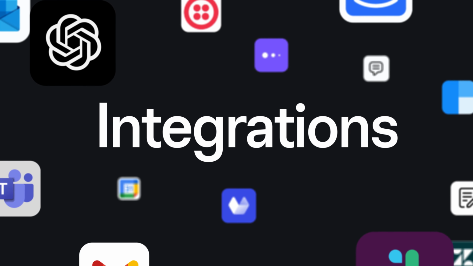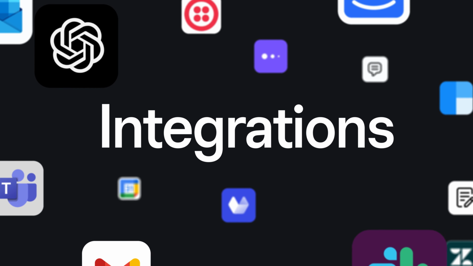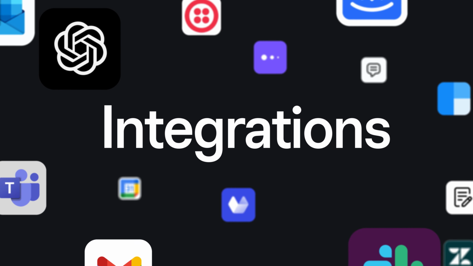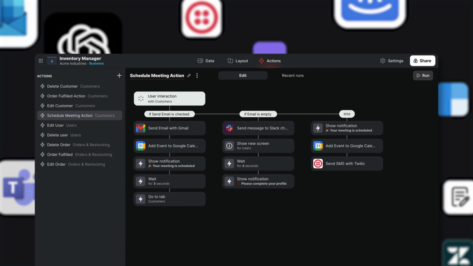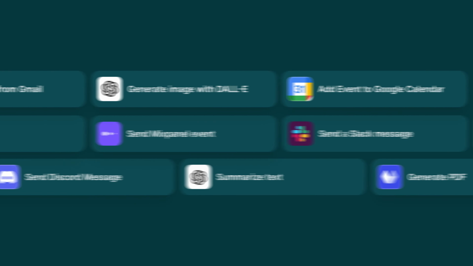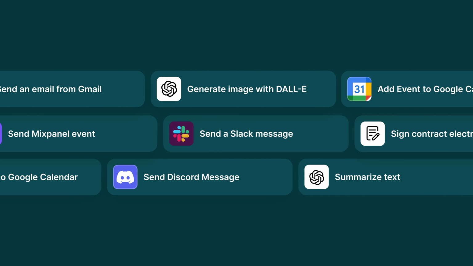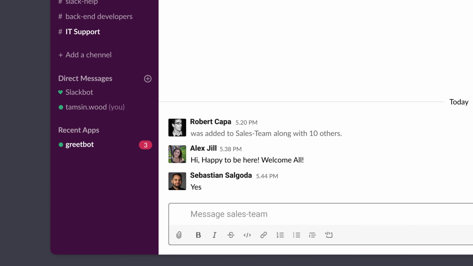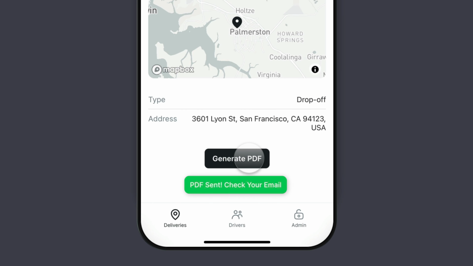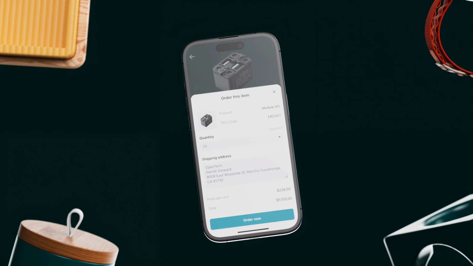The magic comes, though, when you can build tools that connect and communicate fluently with all of the other ways that you work. Today, we're bringing an unprecedented level of connection and integration to Glide with an entire suite of business integrations and a totally rebuilt action editor. We've carefully crafted an initial set of 18 integrations to help you connect your app to the tools that you use most, communicate faster, get data in and out, and just truly make your Glide apps the command center for